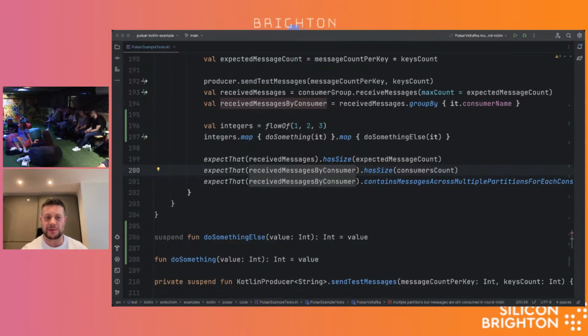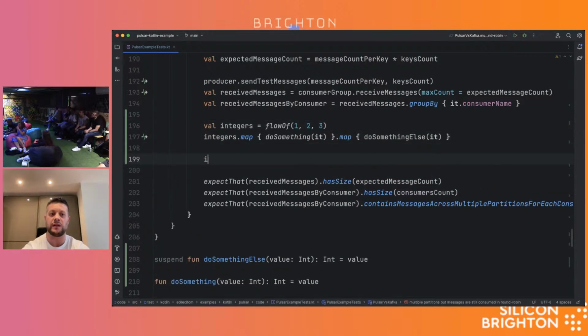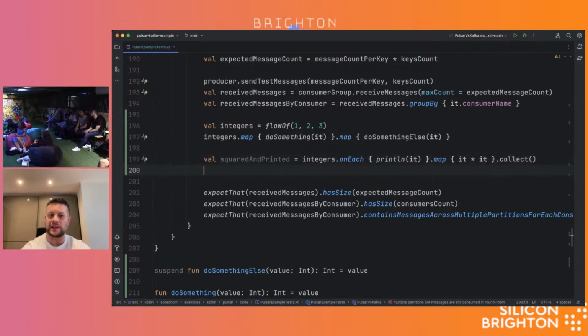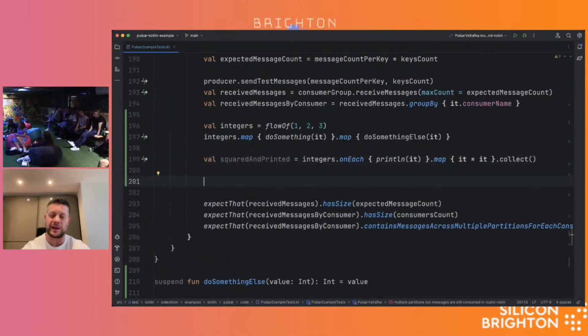The other nice aspect is that it works transparently with coroutines. So as an example, if I want to say integers dot onEach, I don't know, print it, and then map, I don't know, square it, right? And then I want to do collect, this will suspend and give me the results here, right? So squared and printed. But as an example, I could also spin these up easily into a separate coroutine.